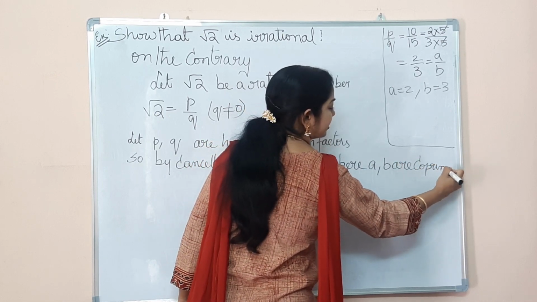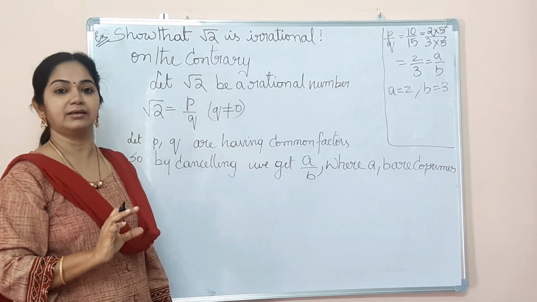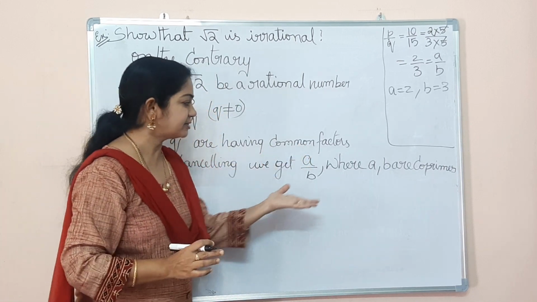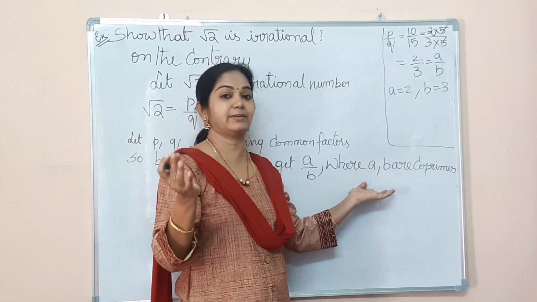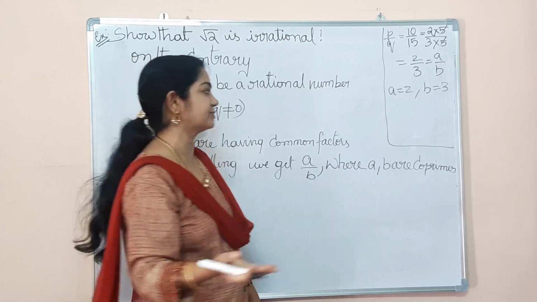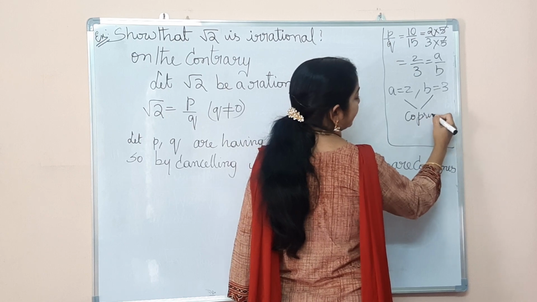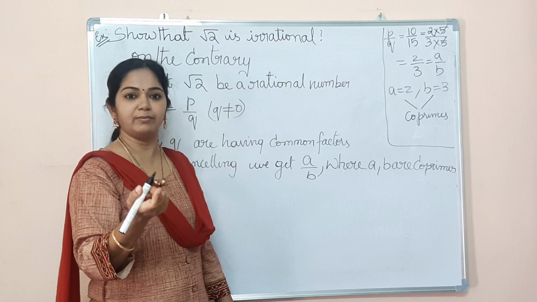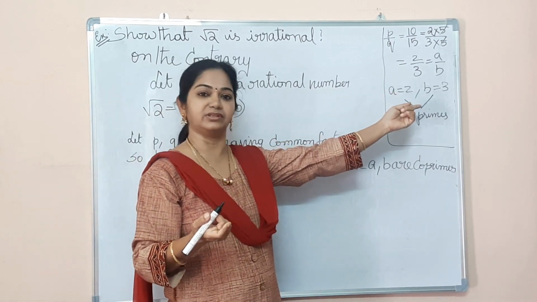Take any rational number, cancel the common part in that, you will obviously get co-primes, because the definition of co-primes is that there are no common factors between those two except for one, isn't it? So when you are cancelling the common factors, you will be getting co-primes. So A and B here are co-primes. You can see 2 and 3 are co-primes. They do not have common factors other than 1, isn't it? 1 and 2 for 2, and 1 and 3 for 3, right?